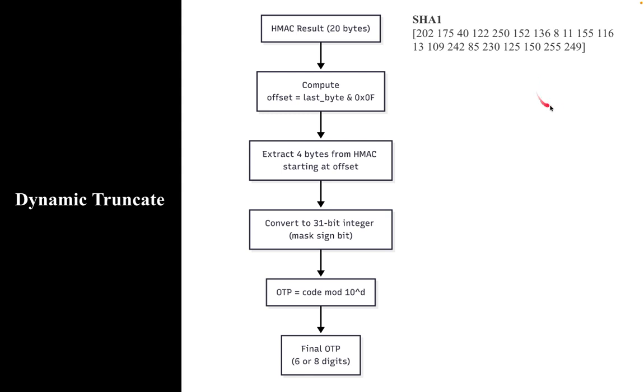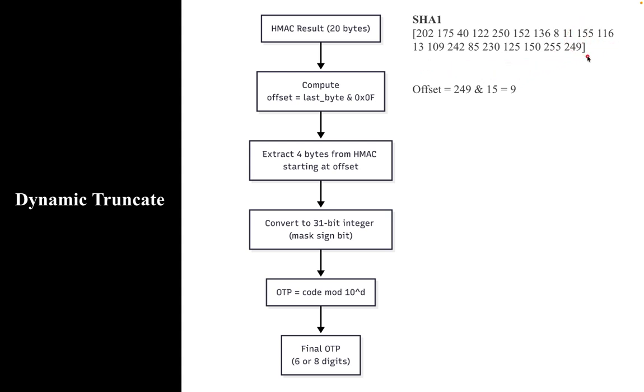Suppose I get an offset of 19, then I am not able to select the next 4 bytes since I am out of bound here. I mean, if it is 18, 19, I don't have 20, 21. So to avoid that, I am doing a logical AND with 15. In this case, I have 249, which is my last byte, and logical AND with 15 gives me 9. So from index 9, I would be taking the next 4 bytes.